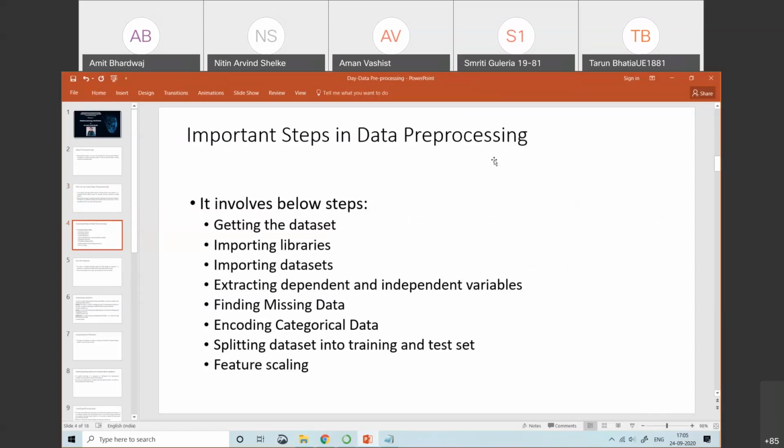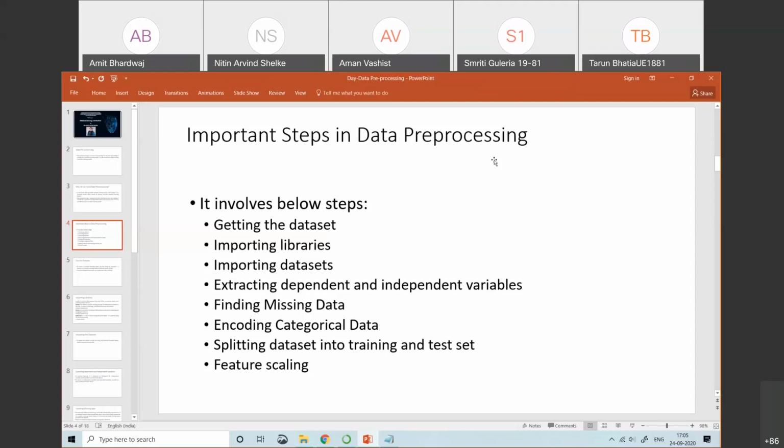Now, the important steps that we are going to cover in the data pre-processing. One by one we'll discuss all the steps, and at the end we'll discuss one case study on the data pre-processing. So let's just start. The first step is getting the data set, on which data set you want to work. Then importing the libraries, whatever libraries are needed for the data pre-processing. Then importing the data set into your IDE.